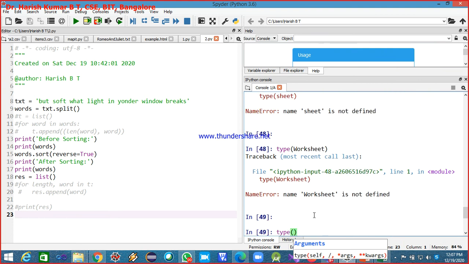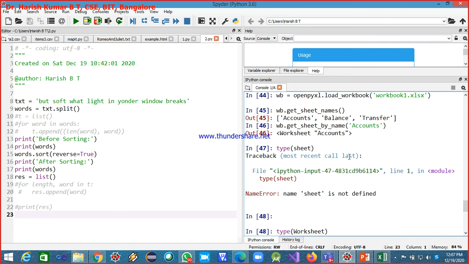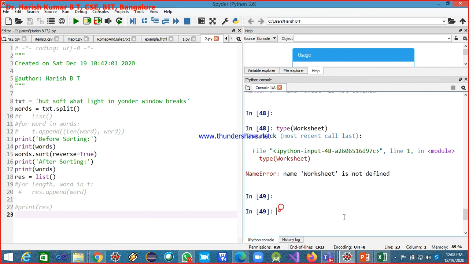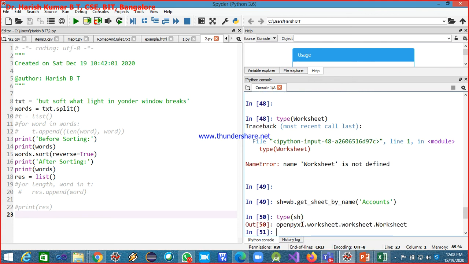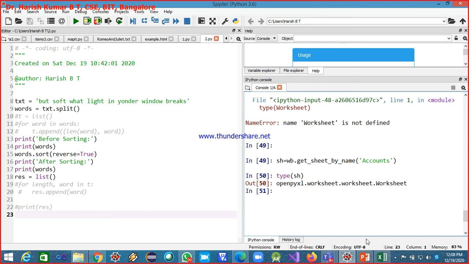Sorry, instead of doing this, when I want to access this particular page, I need to create an object. Okay, let me create an object with the name sh is equal to this. So now if I say type sh, it's a worksheet. Okay, next is, if you want to get the title of it, you can say sh dot